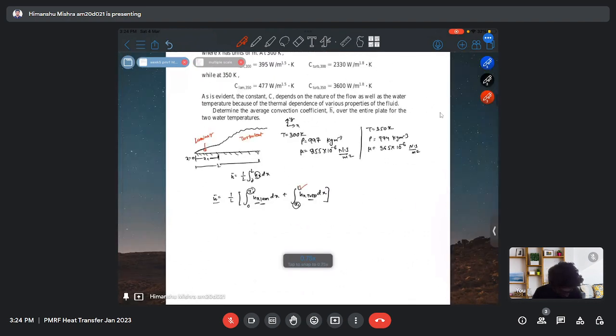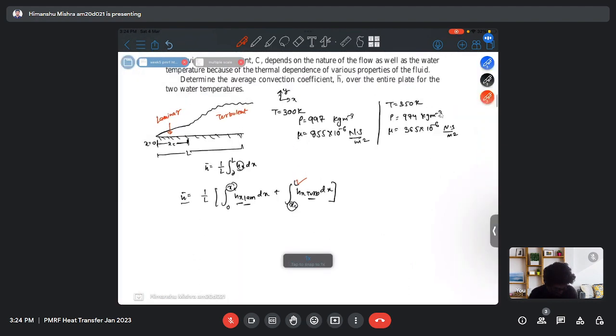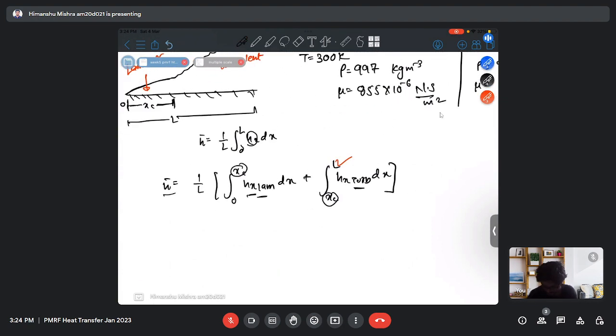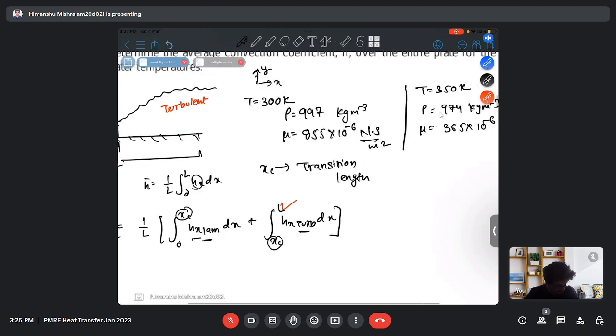So here L is 0.6 meter. To find the XC, since we have been given in the question that the boundary layer is turbulent flow, XC is the length where the laminar boundary layer stays, and after XC the laminar boundary layer changes into the turbulent boundary layer. So XC is my transition length. So beyond XC my flow is turbulent,